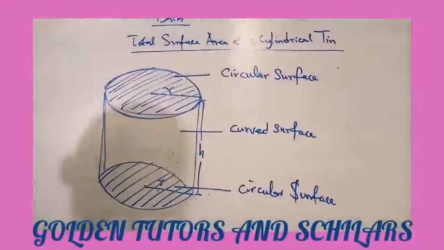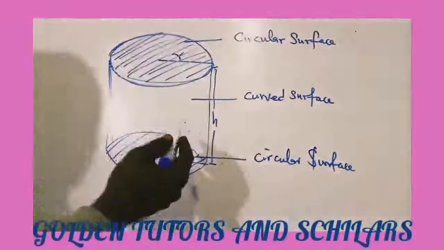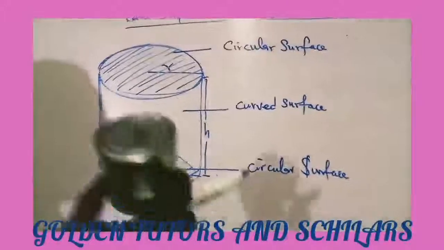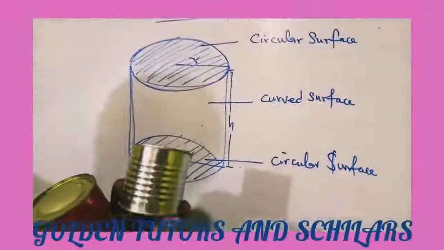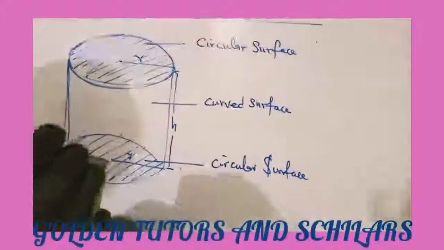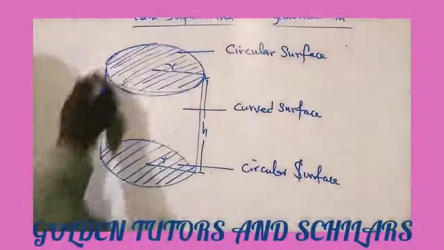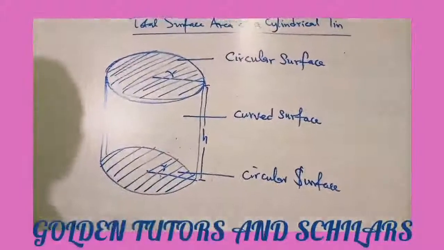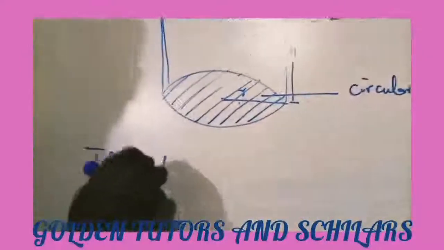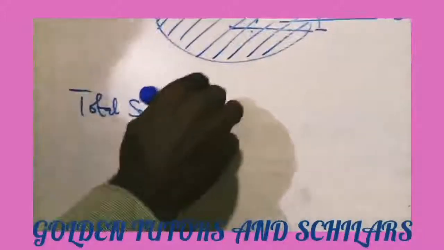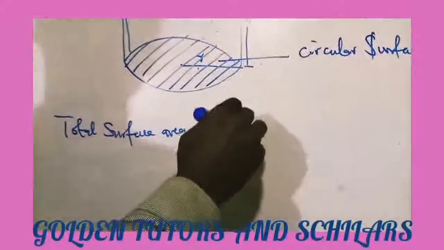How do we determine the total surface area of this cylindrical tin, like your meat tin, like this example I just showed you? In this case, it means that this place is also sealed. The bottom here is sealed, the top is sealed. So, if this represents the cylindrical tin, it means that the total surface area of the cylinder or cylindrical tin